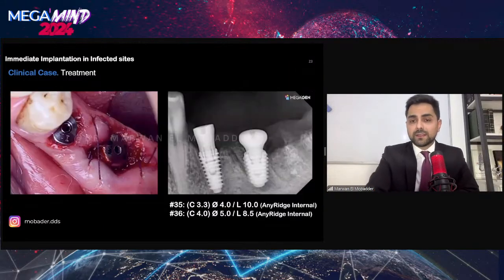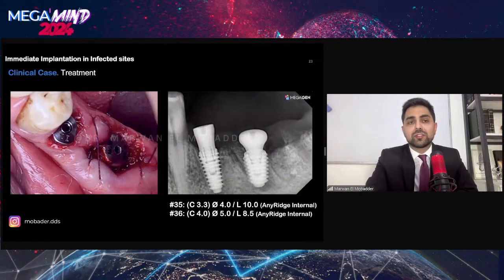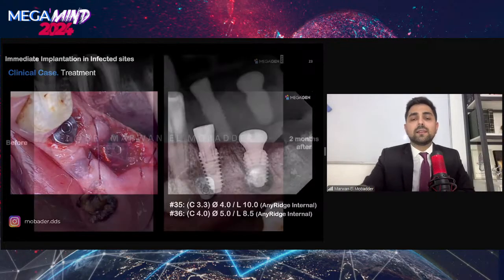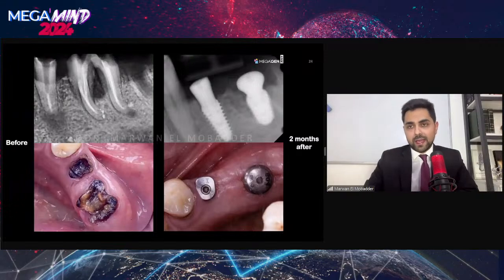These were the implants. This is the implant specification. This is immediately after treatment. And this is a recent case. This is 2 months after treatment. So